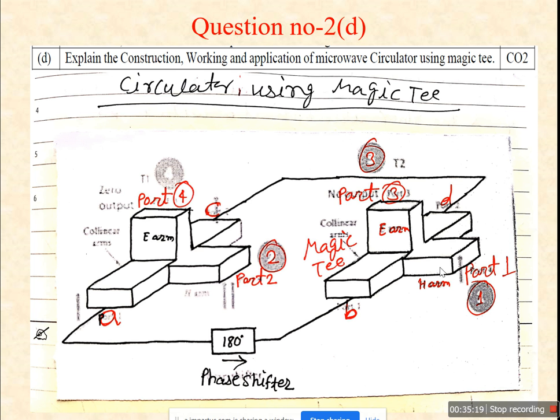Here there is no phase shift. It simply goes through to A and C because the phase shift is in this direction, so there is no change. The split parts, split in equal parts, reach A and C and combine together in the same phase. Here it gives the additive part, here there is the subtractive. Here you get 0, here you receive the whole power. So whatever power is applied at port 1, it simply reaches port 2.